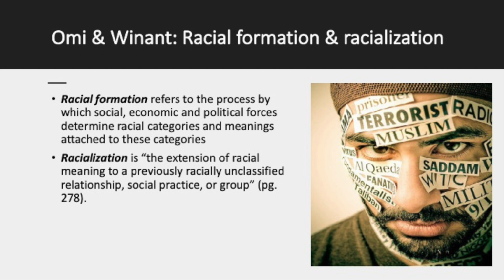Omi and Winant also describe several consequences of racial formation, including racialization. Racialization describes the attribution of characteristics to people based on race, and these characteristics were previously disconnected from race and had no connection to race at all. We might consider racialization to be synonymous with stereotyping or profiling based on race. For example, the harmful assumption that someone who is Muslim is violent or a terrorist. This is an example of racialization.